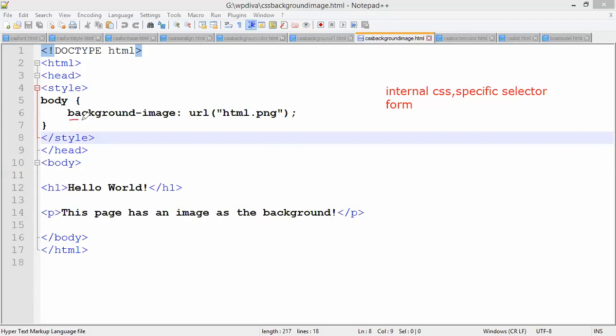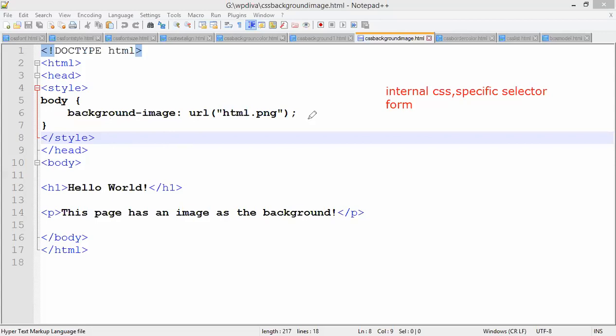Okay, so when I want to add an image, I have to use background-image. If you write it in the style tag, you write style equals double quote, and after the semicolon you have to complete the double quote. That is the format when you are writing that in the style tag.